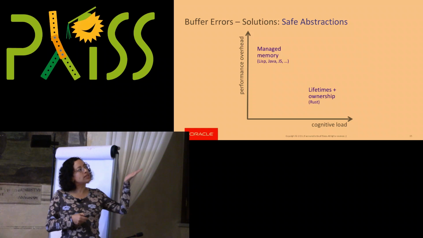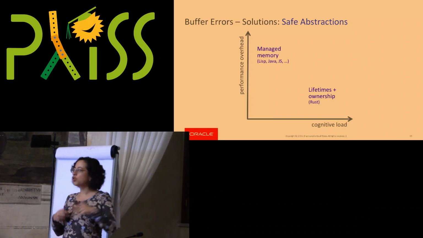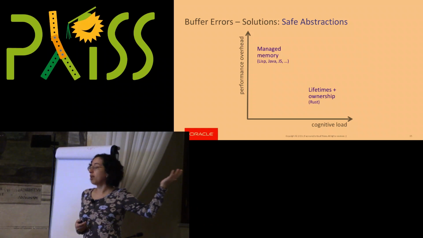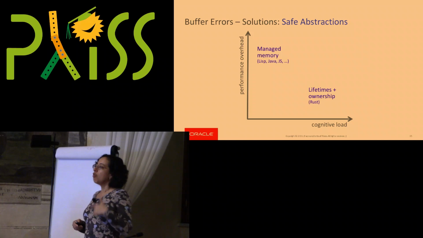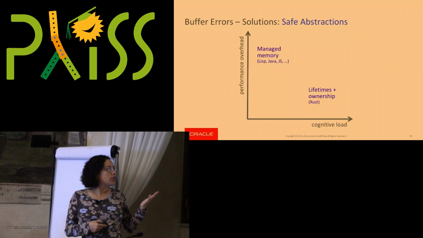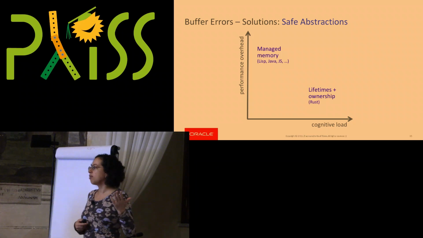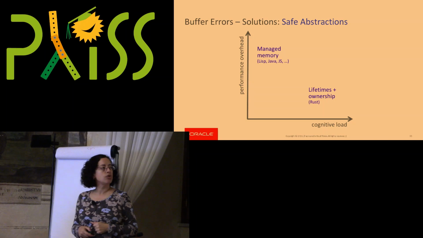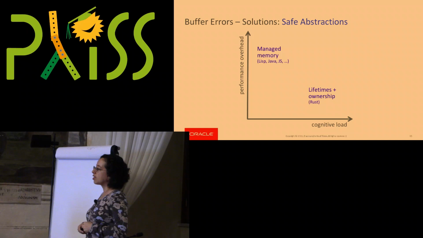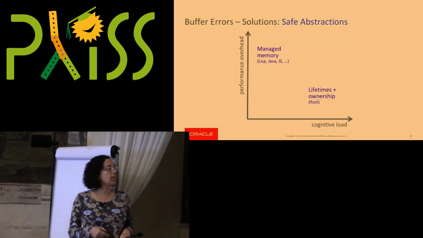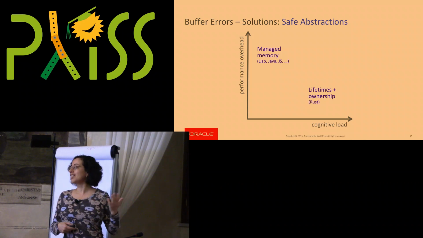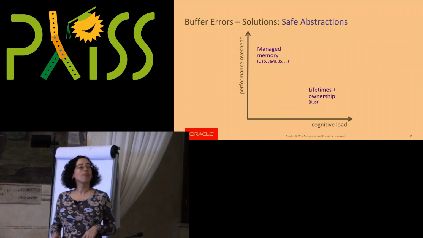And in terms of performance, it does come at a certain performance overhead. For some applications, that performance overhead is not an issue, and so many languages implement managed memory these days. For other domains, like the systems programming domain, they still consider there's some overhead in this type of solution, and so they prefer other solutions. The other one that we're going to talk about is lifetimes and ownership in Rust, right? Which is a newer way of looking at the problem, which has low performance overhead, but it does come at a certain cognitive load, right?